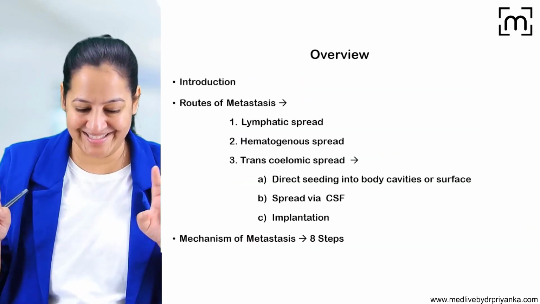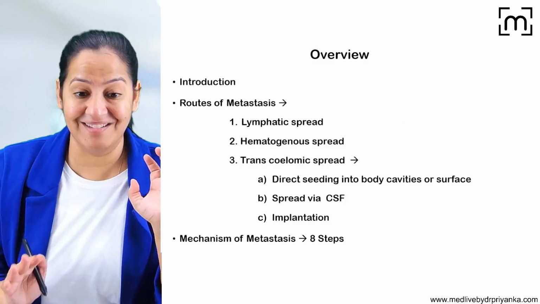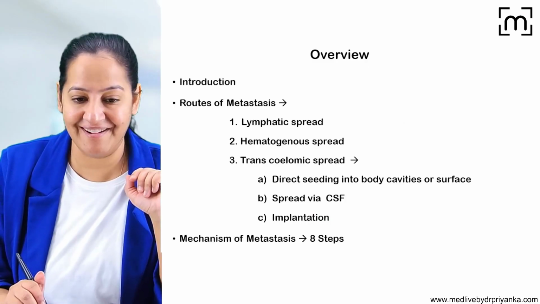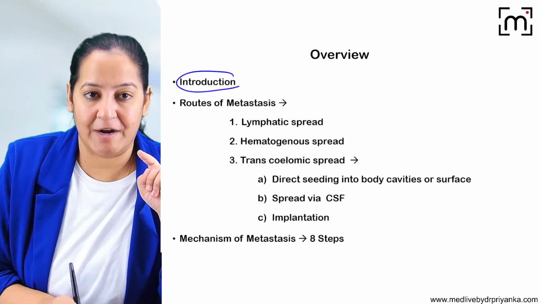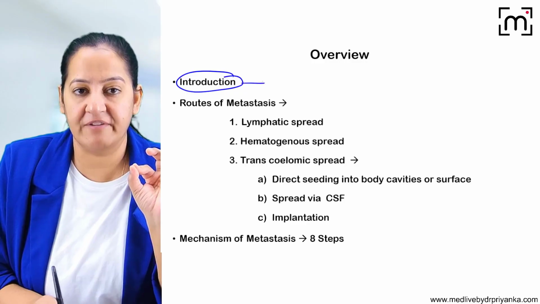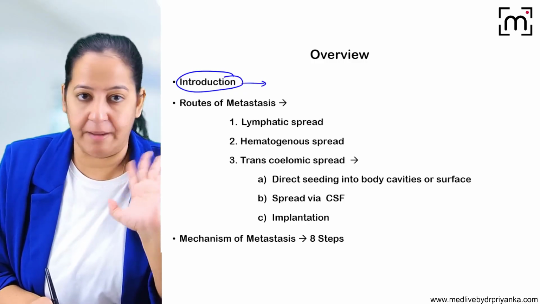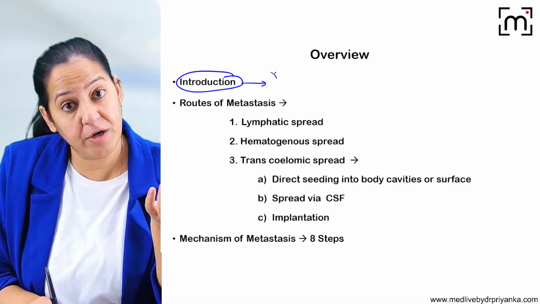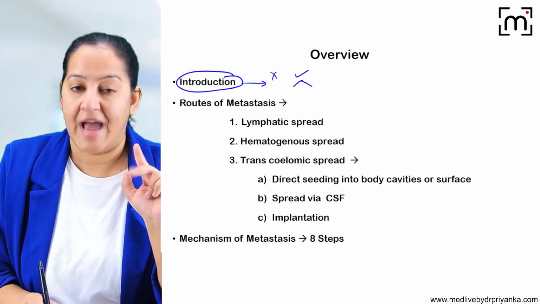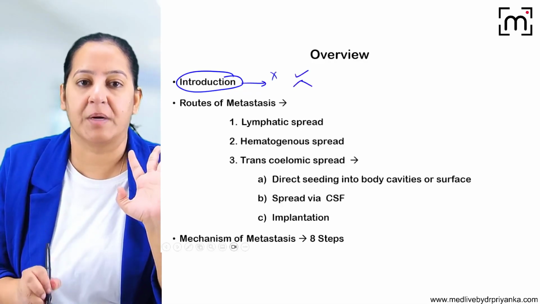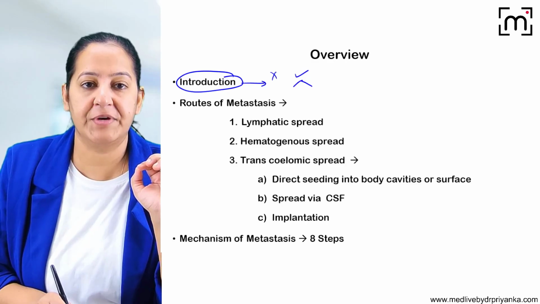So we are done. I hope you enjoyed and learned the spread. What we have learned is what is meant by spread of tumors. It is the most important feature that differentiates benign from malignant tumor. All benign tumors, none of them show metastasis. All malignant tumors show metastasis except gliomas of the brain and basal cell carcinoma, that you have to write in the introduction. Now there are 3 routes: